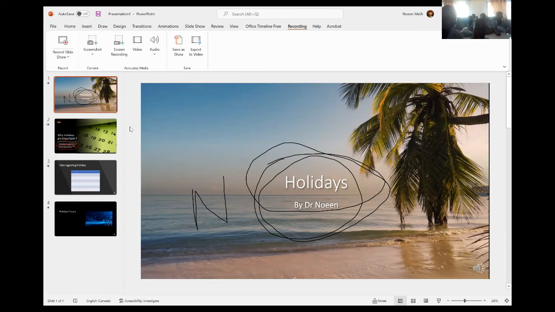You click on it. Now when I clicked recording, click on video. What is video? When I move my mouse over the video, it shows me that it means insert a video set to autoplay. We are not going to do that.